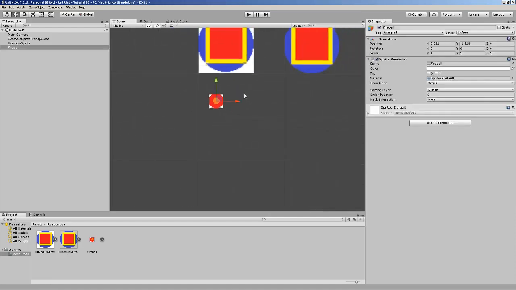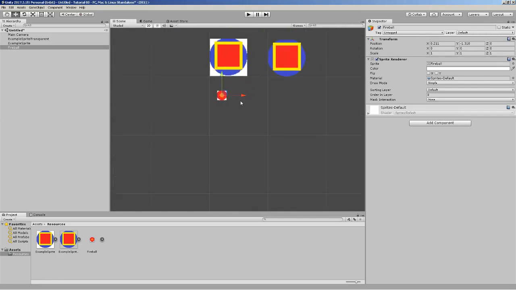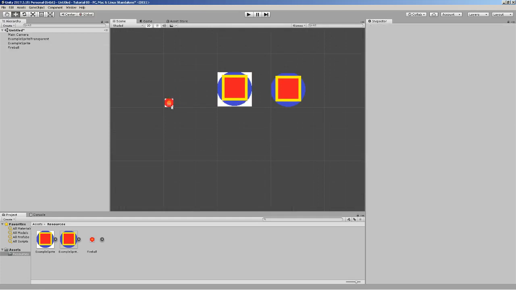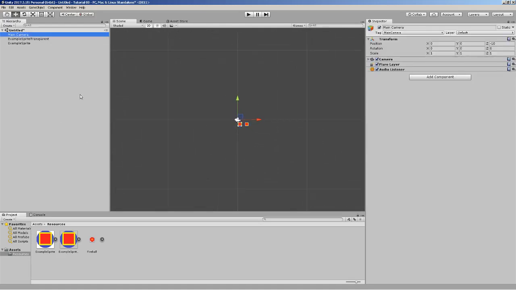And then of course, if you want to build your levels scene by scene, then you can move all your asset elements around in the editor, but I'm going to show you something even more powerful than that very soon. So, for now we'll remove the fireball from the scene because that is not how we add fireballs to the game. This is going to get a little weird, but if we click on the main camera, we zoom out,